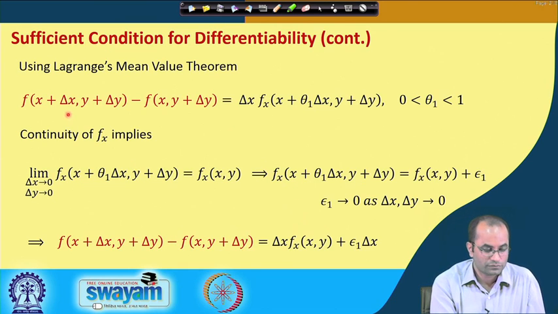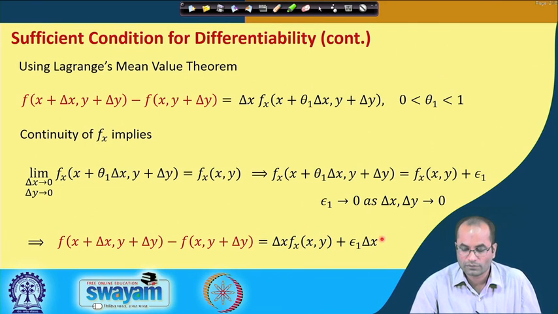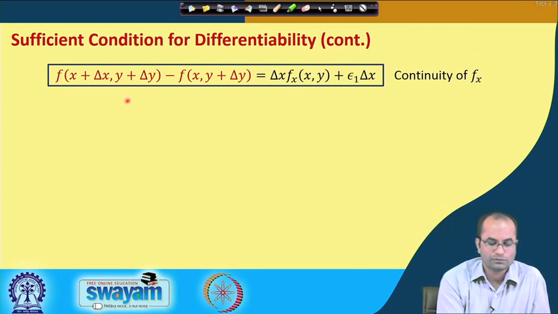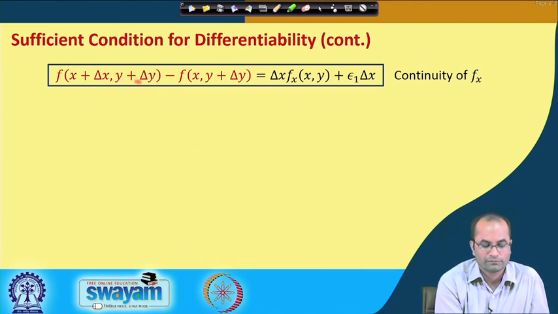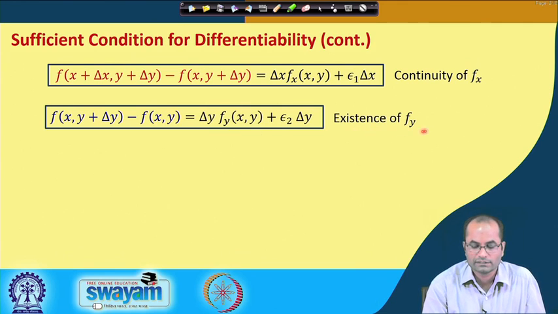And now we have f(x + Δx, y + Δy) − f(x, y) which we can write as Δx times f_x at (x, y) plus ε times Δx. Well, and now we have these two relations. We have proved that this difference, when we have variation Δx and y is unchanged, y plus Δy. This was because of the continuity, we got this relation, and because of the existence of f_y